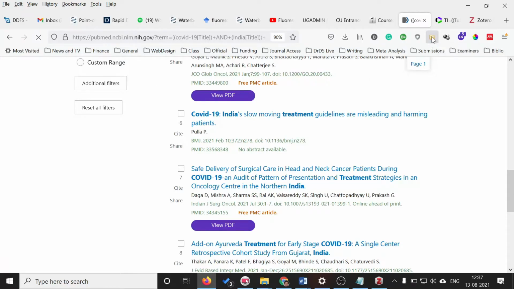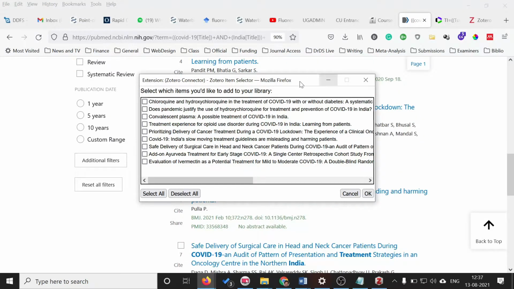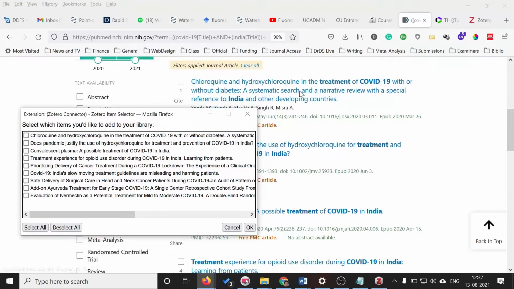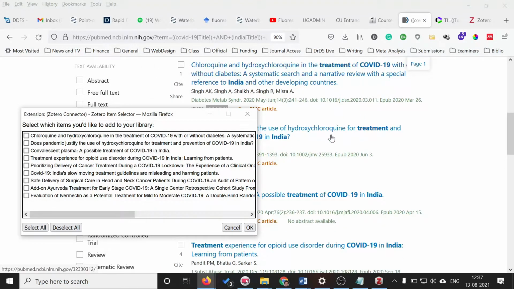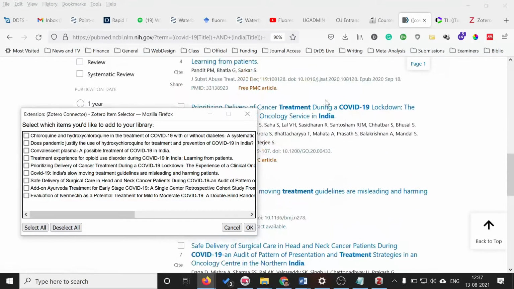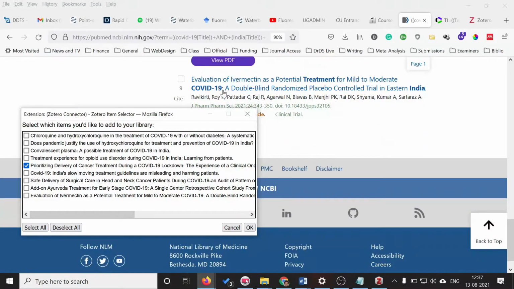You click on this folder icon, and all the possible listings, the various references, will be listed here. If you are trying to download this one, prioritizing delivery of cancer, which is the interested article, you can click on that one. And if you want to download this evaluation, the 9th one, you can select that also, or you can select the entire list.